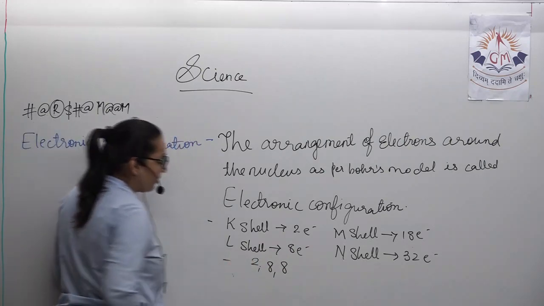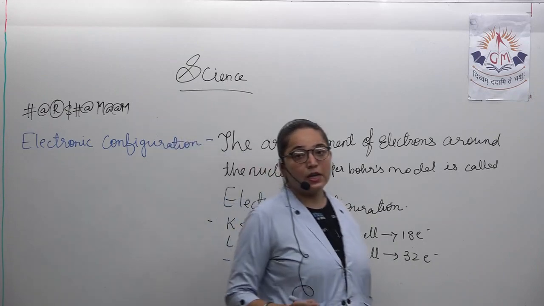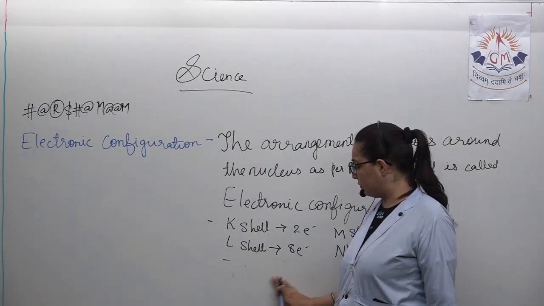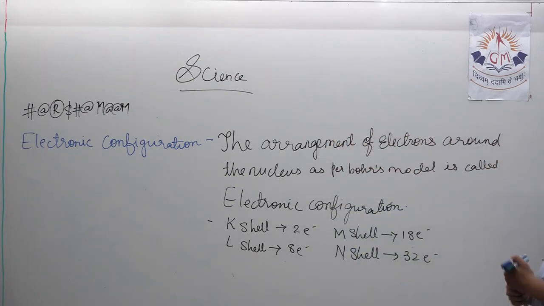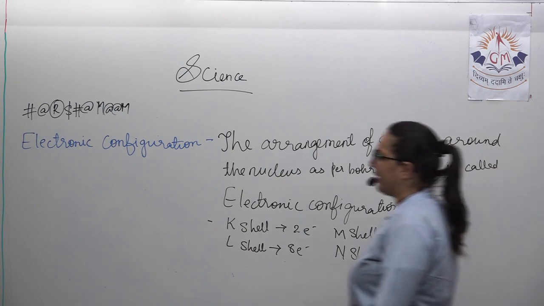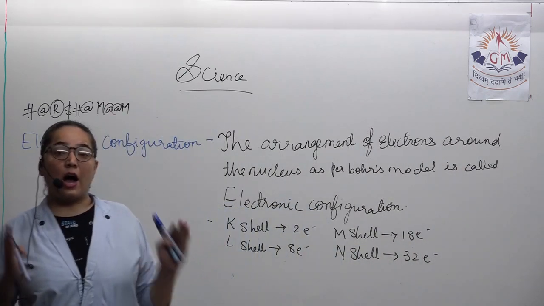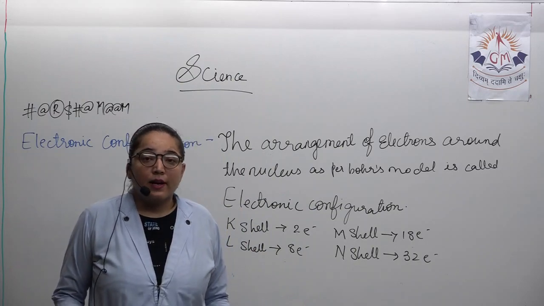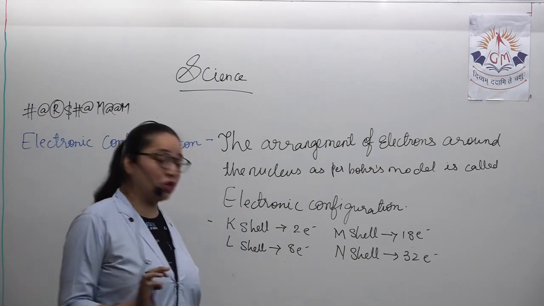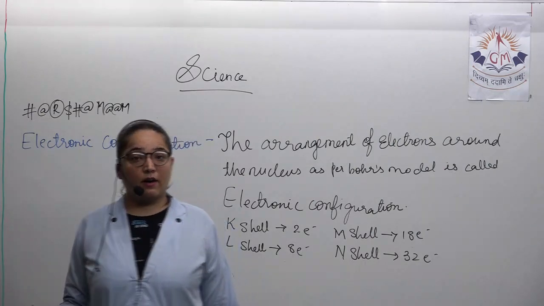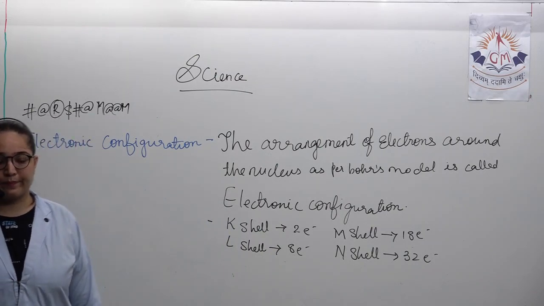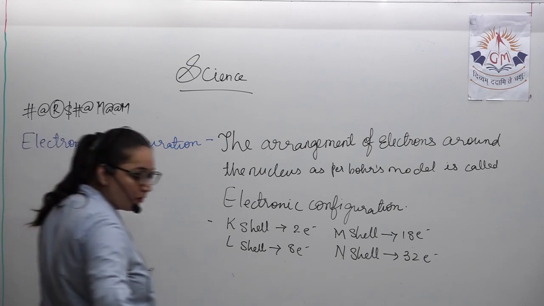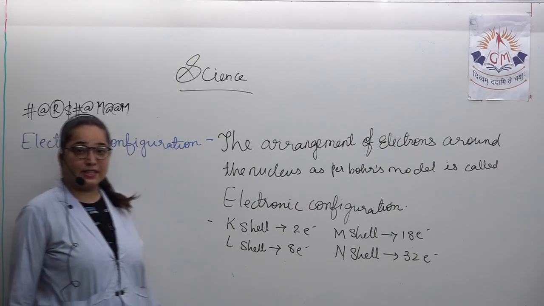So kindly note down this. After that we'll move further. Note down this so that we can move further. I'll teach you to write the electronic configuration of all the 20 elements. On the basis of that, I'll teach you how to calculate the valency. That is a new term for you. That also I'll teach you, and only then we'll move further. Quick. You're having exactly 1 minute to note down this content. Be quick in noting.